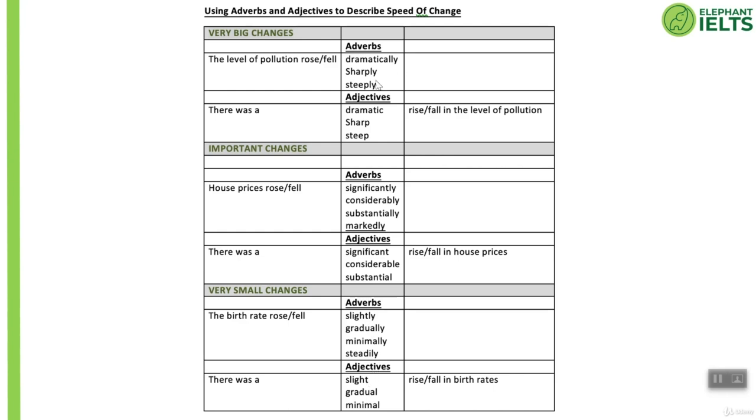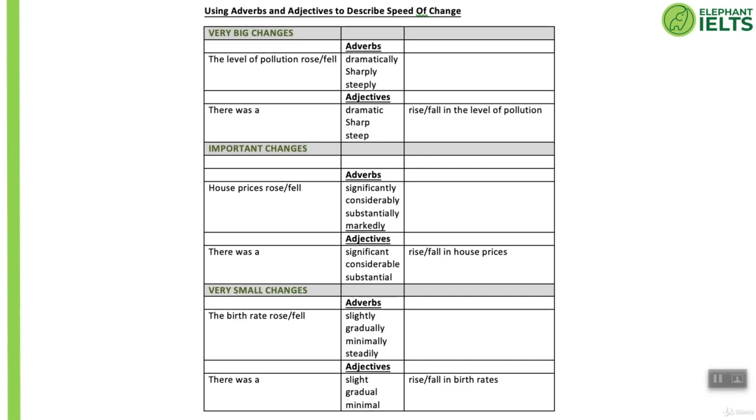Look at the first one. When the change is steep, we use adverbs like dramatically or steeply. For example, we can say the level of pollution rose or fell dramatically or steeply or sharply. Any of these adverbs here. Remember, we said we can also use a noun to describe the movement. We can say there was a dramatic rise in the level of pollution, or there was a sharp fall in the level of